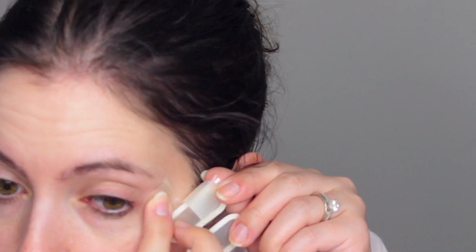And my crow's feet aren't that long, so I'm almost tempted to just cut this in half, which, you know what, I think I might do. I don't know if you're supposed to do that or allowed to do that, but I'm gonna do that. I just cut it in half. I guess I'll just stick this over